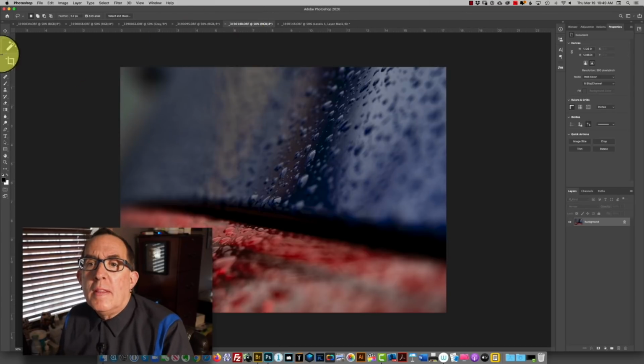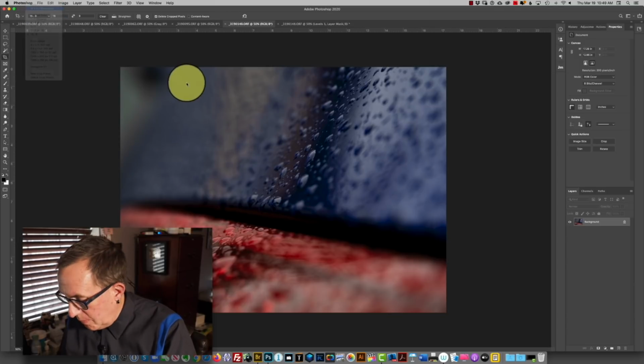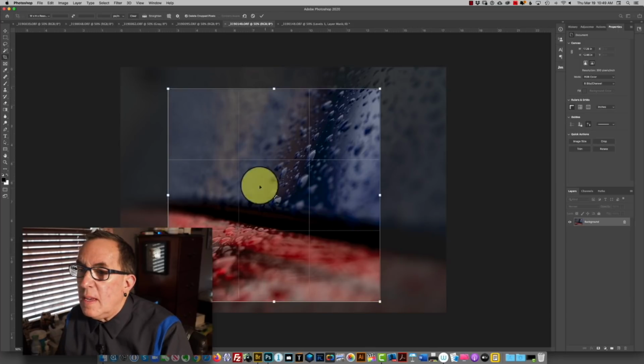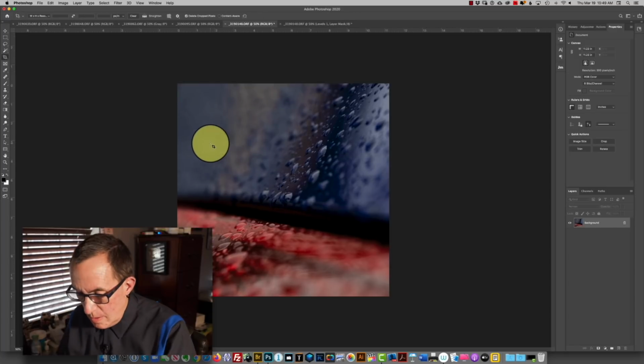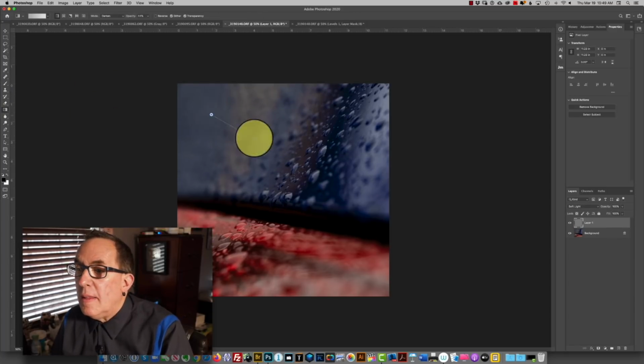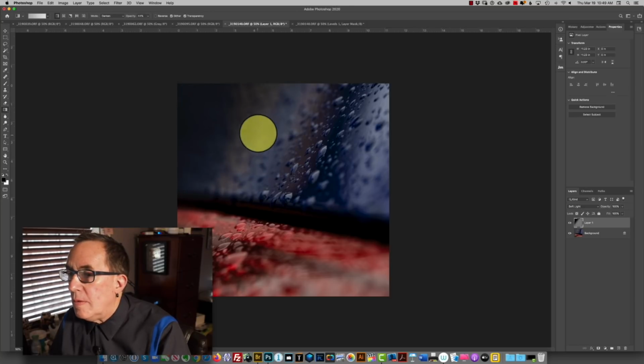So this one definitely is not going to make it into a horizontal format for me. This one's going to have to be square, and I'm going to go kind of right in here, like so. I'm going to put my dodge and burn layer on, and then I'm going to really bring the focus into this area where